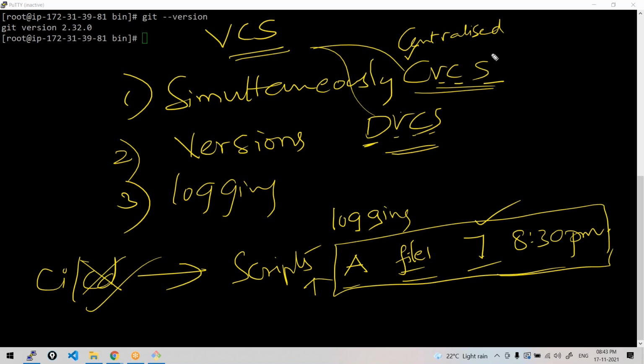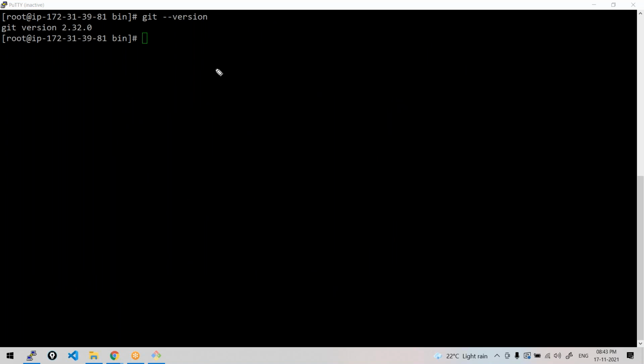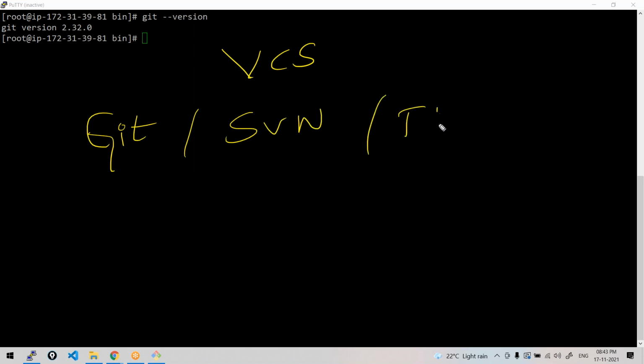Before getting into the architecture, let me give some examples. See, there are so many version control systems. Git is one such. You have Git, SVN, TFS, Perforce, and so on. But Git is very widely used when you compare with anything else.